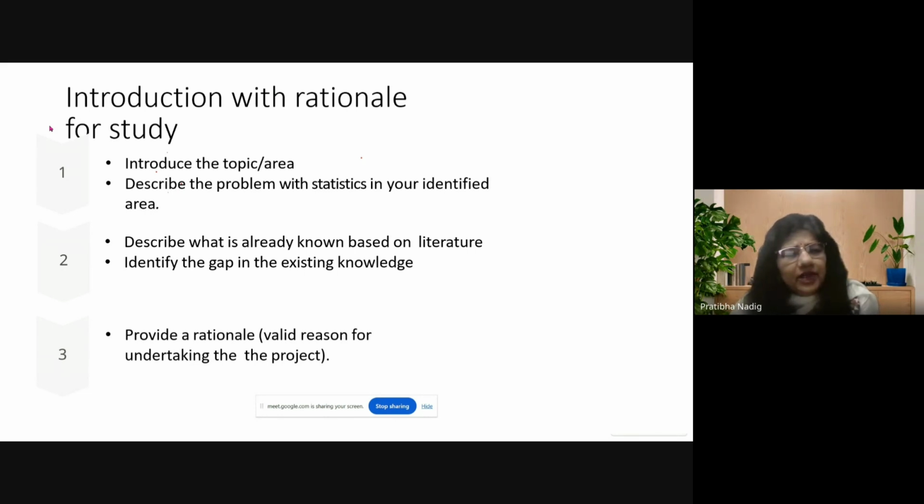So like that, you can build up and see what is not there, not just for the purpose of getting it approved, but what really matters in healthcare. What really matters, that means your study should add value. That is the meaning of identify the gap. And then say, since it has not been done, we would like to undertake.